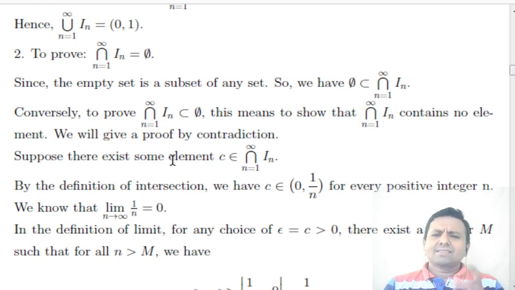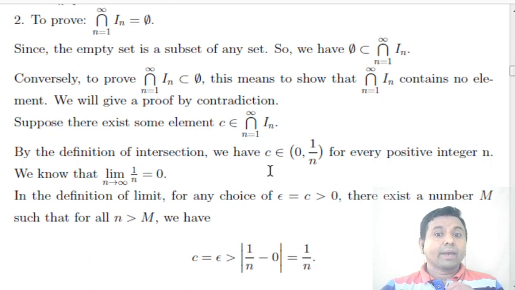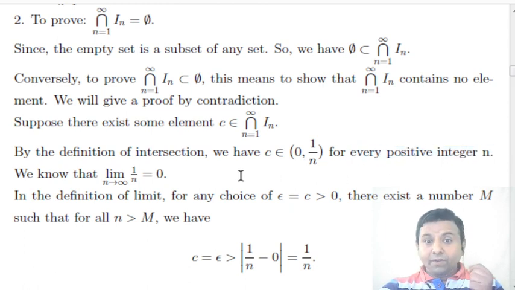Suppose there exists some c that belongs to this intersection of In. That means c belongs to the intersection of In, that is, c lies in each and every In. So by the definition of intersection we have c belongs to the open interval (0, 1/n) for every positive integer n. But what we know is that